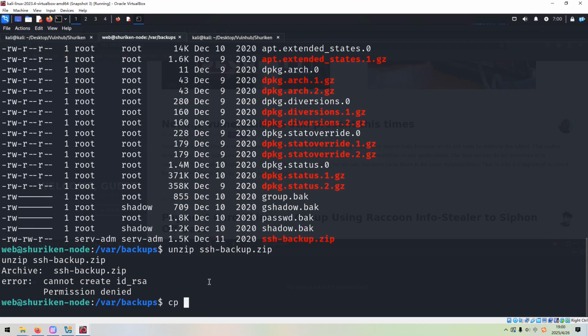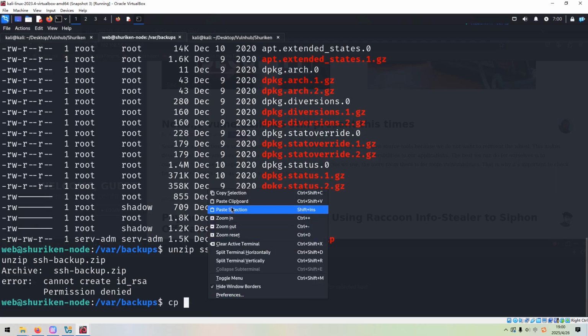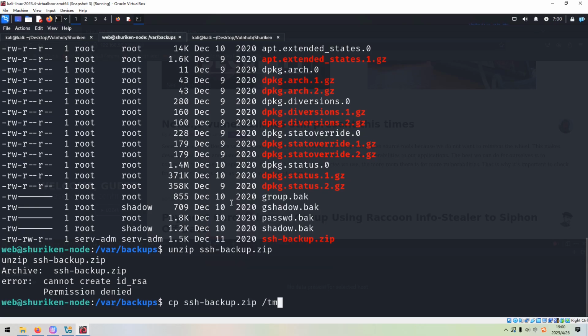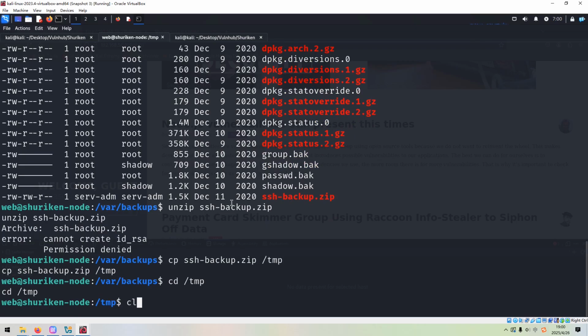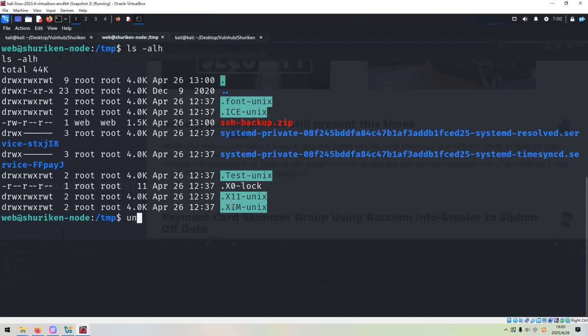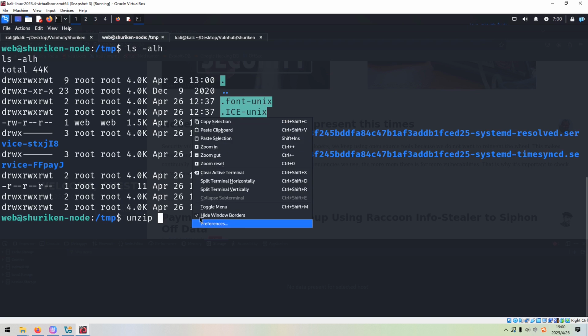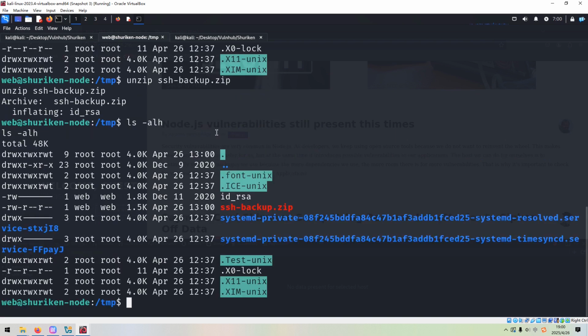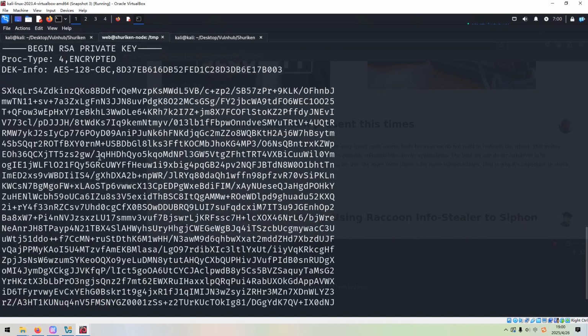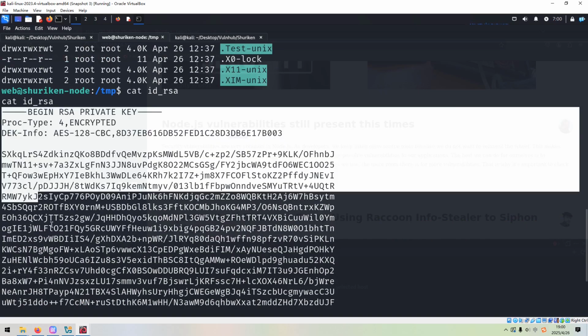It's very easy to fix. We can copy this file to the temp directory where we have full permissions. Then we can navigate to the temp directory and use the unzip command. It's done, and then we can get out its private key. We can copy this private key